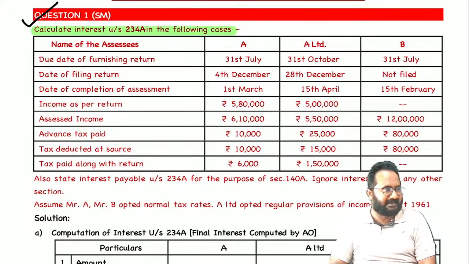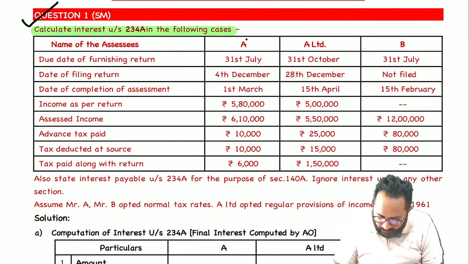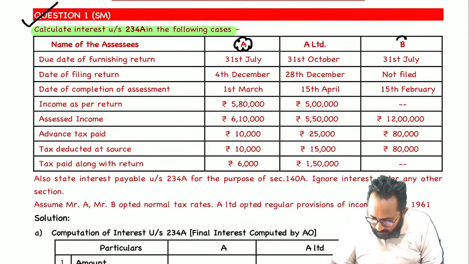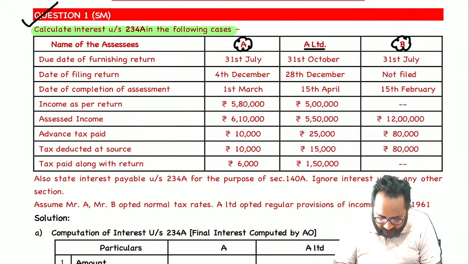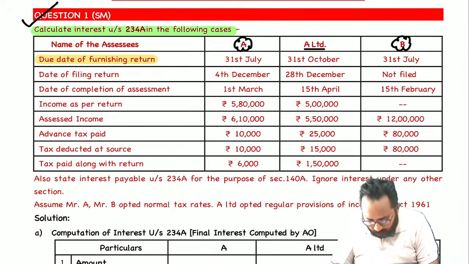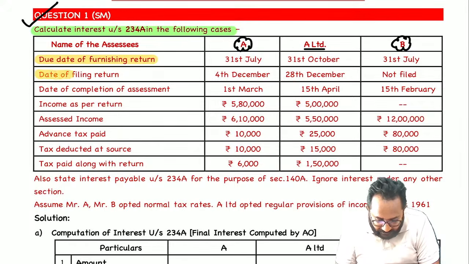How many SSCs they have given, please look and tell me. A individual, B individual and a limited company they have given. Now, whatever facts they have given, due date of filing of return of income, they are very good fellows, they have given it, but we need to identify easily. Company due date is 31st October. Individual due date is what? 31st July.